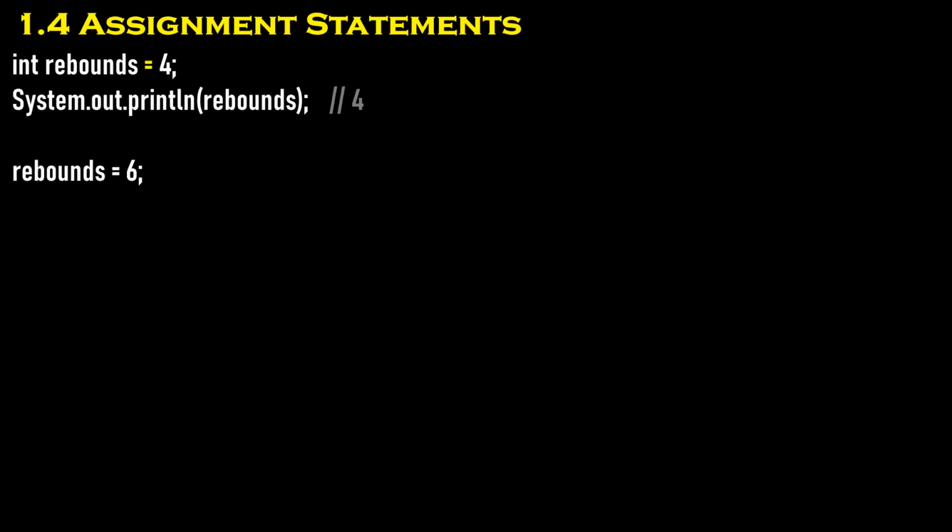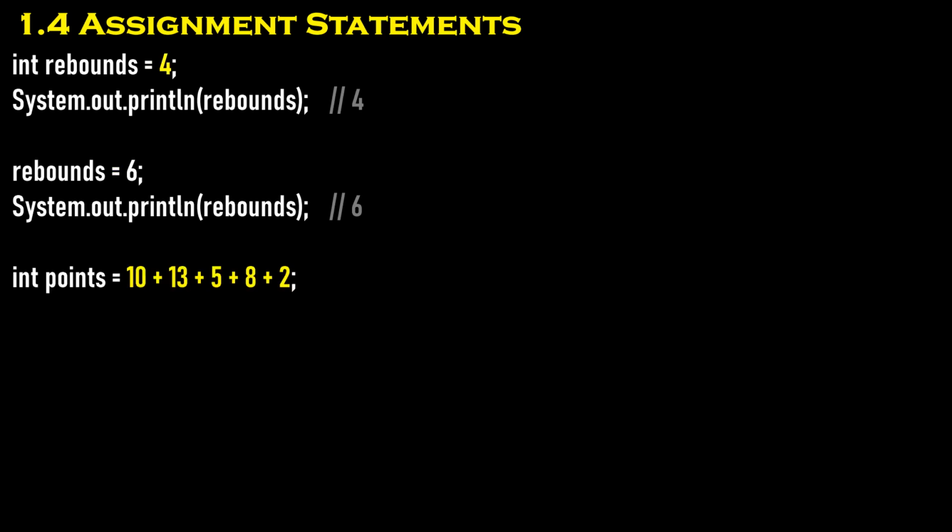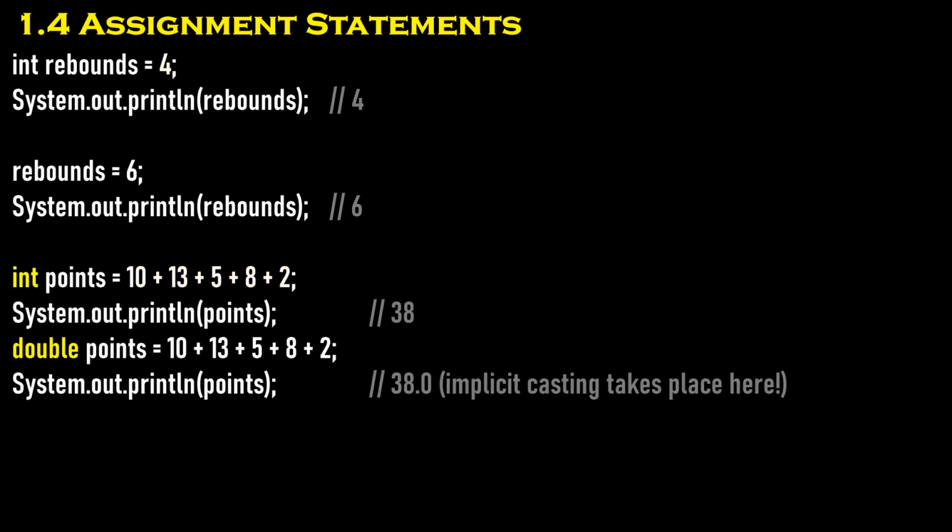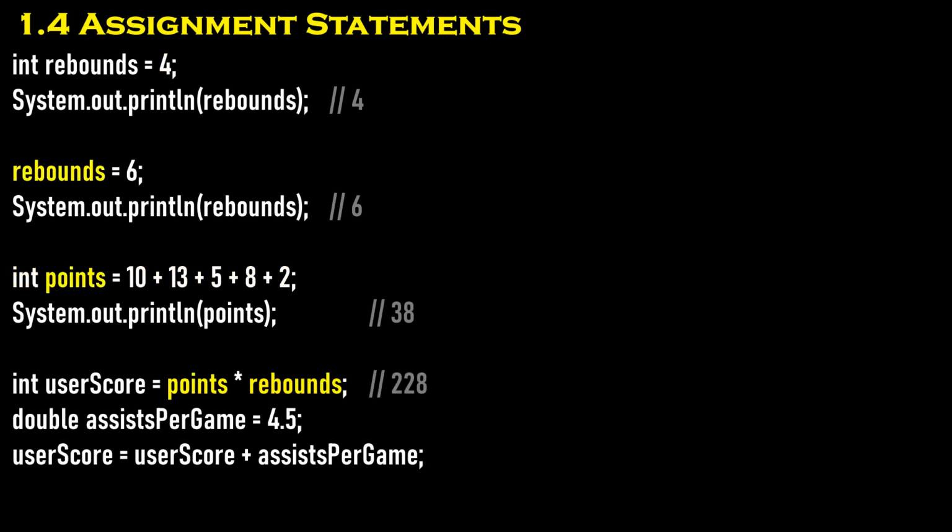The assignment operator can initialize or change the value stored in a variable. It takes in an expression on the right side, evaluates it to a single value, then stores it in the variable on the left side, ensuring that it matches the variable's data type. If you want to use variables in an expression, they must have been initialized with a value beforehand and must